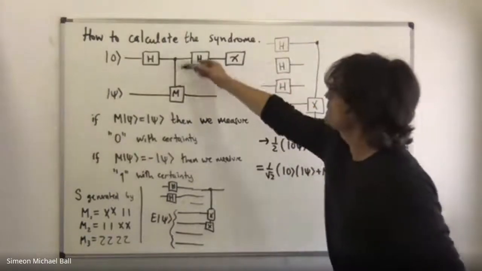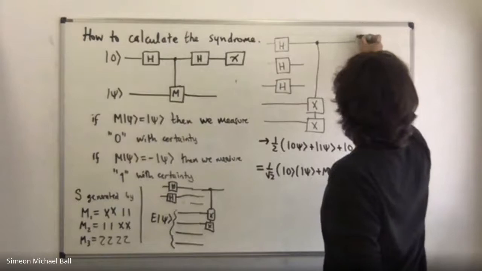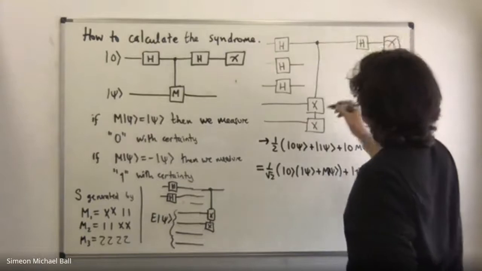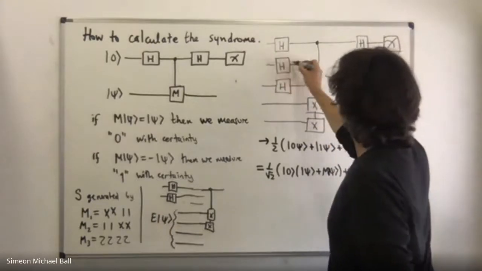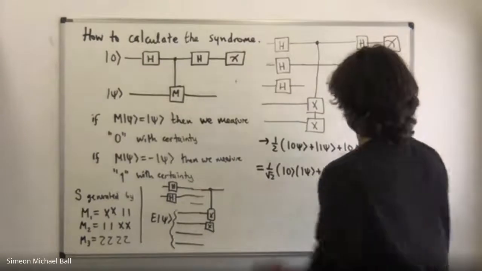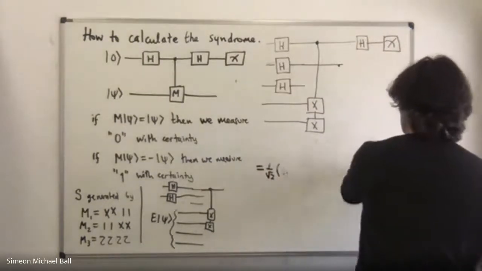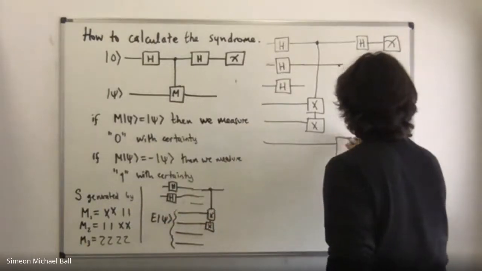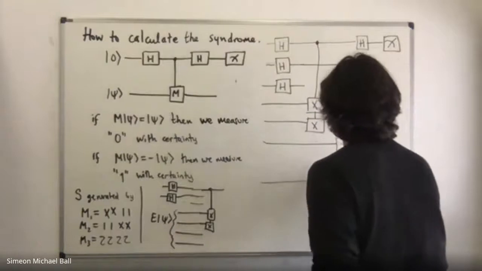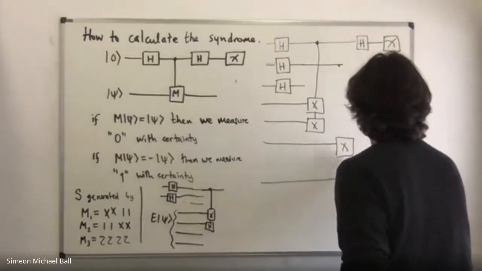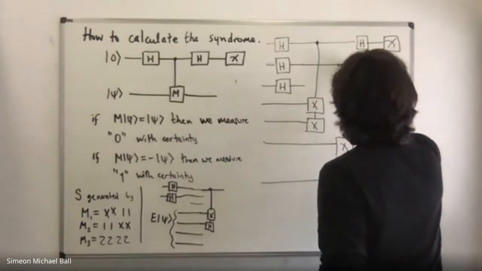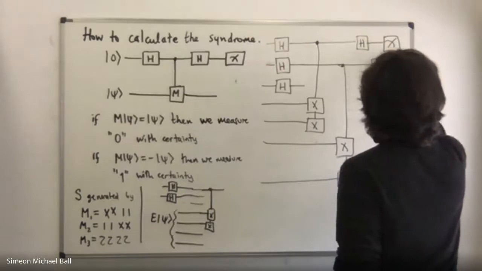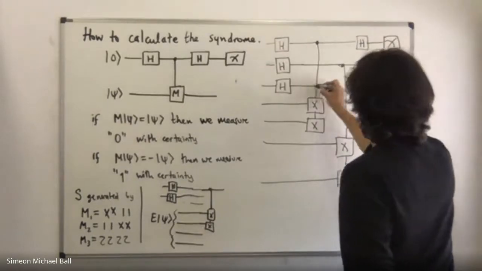So this is basically this setup here, and we go along here, put a home line, and measure. And on this second wire, I'm going to put the second M2. So here I have X and X. I put a home line, and then I measure. And then on this third one,